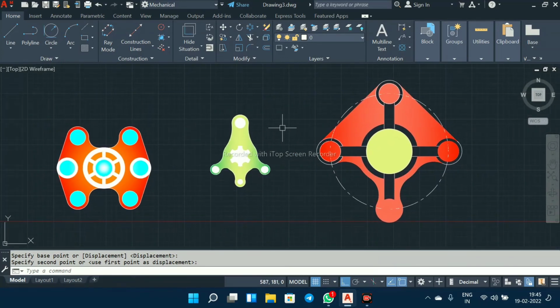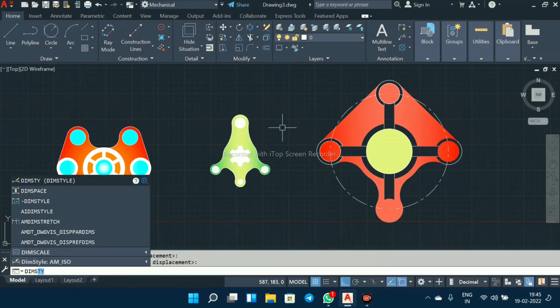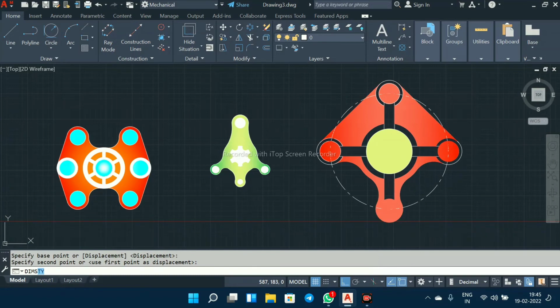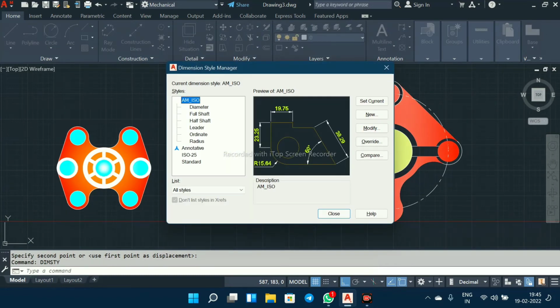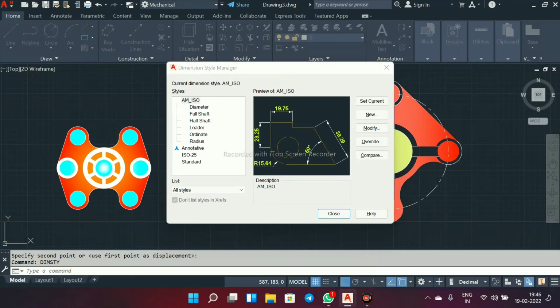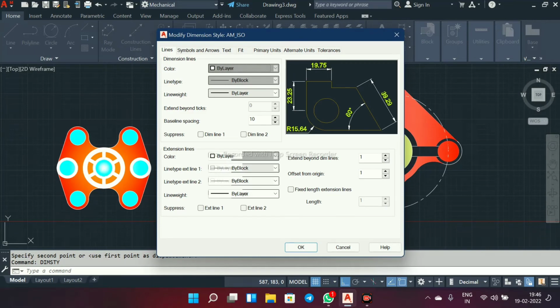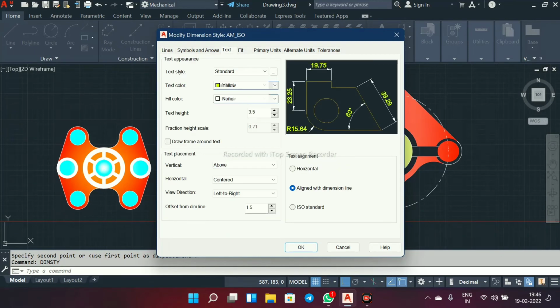So I will go here dimensions. So for that I will modify it. Type here DIMS, that is dimension management style. Here dimension management style dialog box has appeared. Go to modify and select here text.